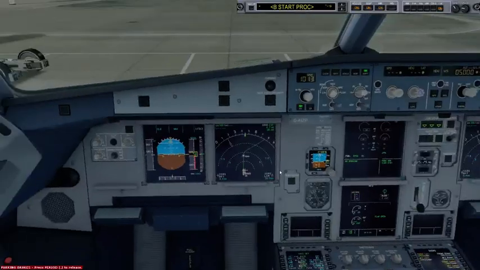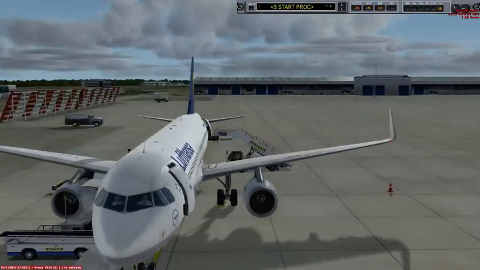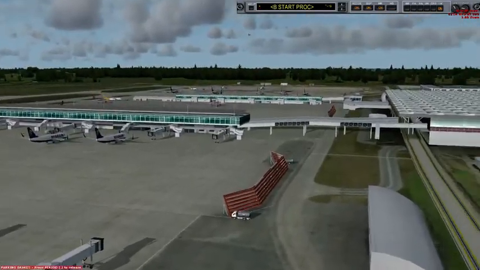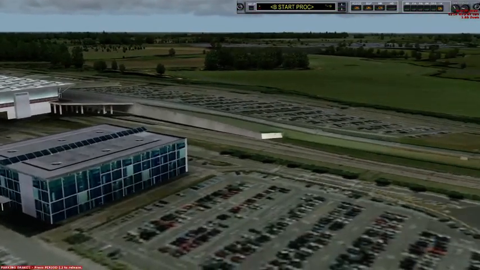What scenery? This is UK 2000 Stansted, although unfortunately, because I'm a bit of a scumbag, it's the free version, which doesn't look quite as pretty. I fly out of Stansted so much, it probably would be worth flying the...